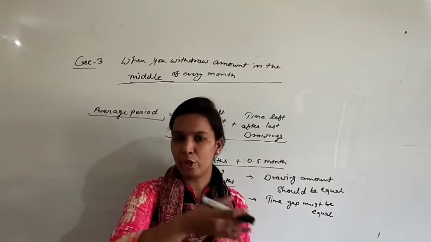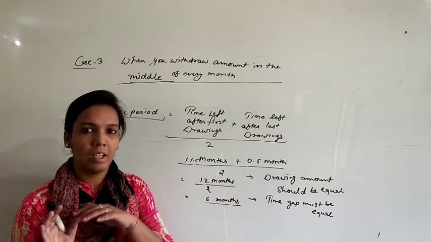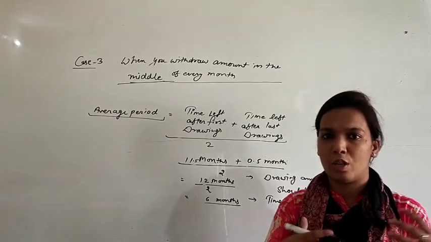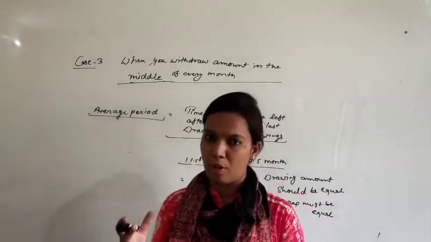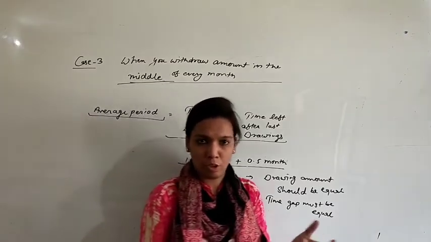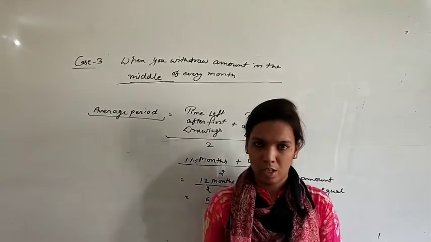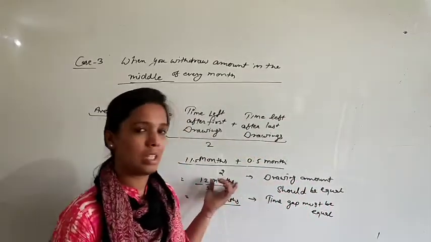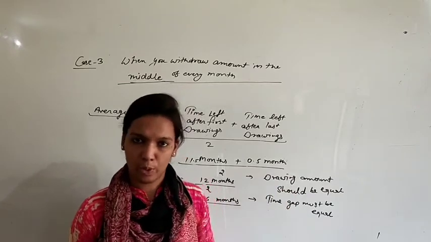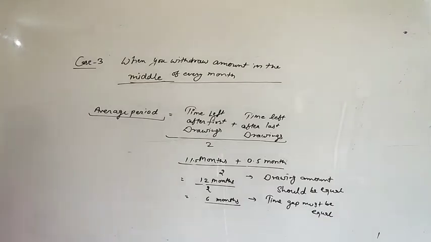Like in our previous video we studied the simple and product method. You observed that time that the amount was also not equal, like sometimes we are withdrawing 10,000, 15,000, 20,000, a different amount every time. And the time gap was also not equal. Sometimes you are withdrawing money on 30th April, sometimes on 1st November. So in that condition we cannot follow these rules. For these there must be 2 conditions required.